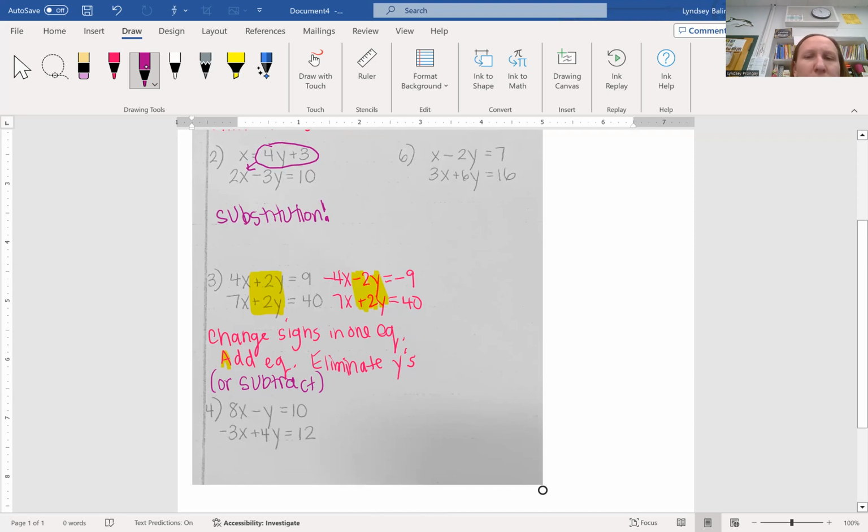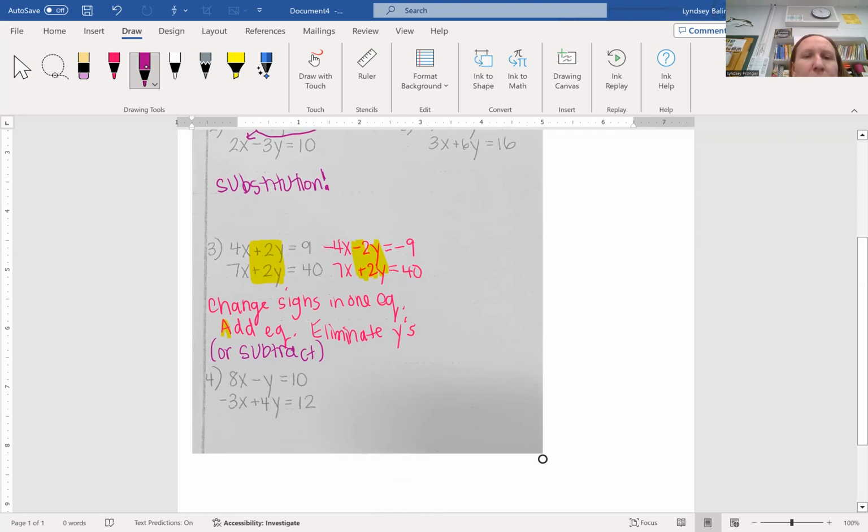So we have 8x minus y equals 10, -3x plus 4y equals 12. I don't have x equals or y equals. So option 1, though, I do see this negative y. So option one, we could get y by itself and use substitution. We do have to be careful because there's a negative y, so we will have that extra step to get rid of that -1 coefficient,